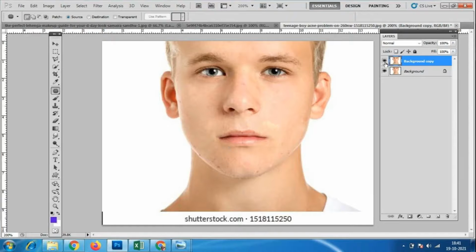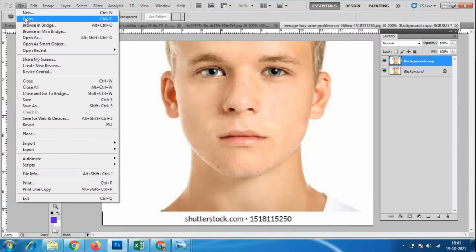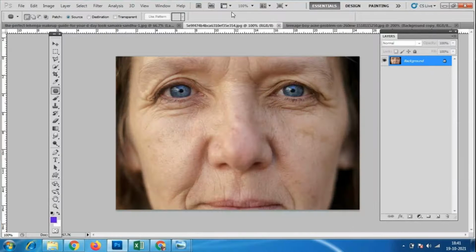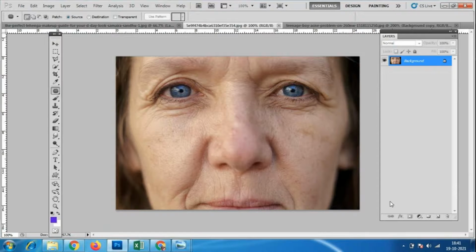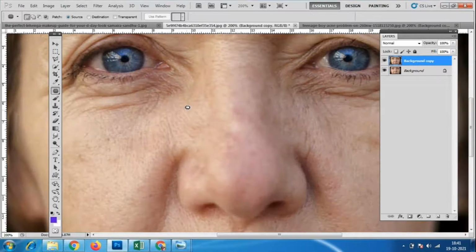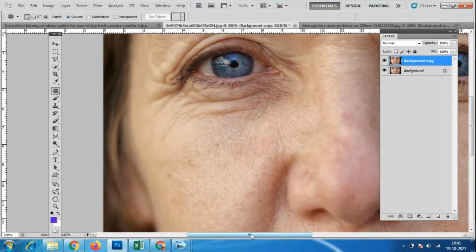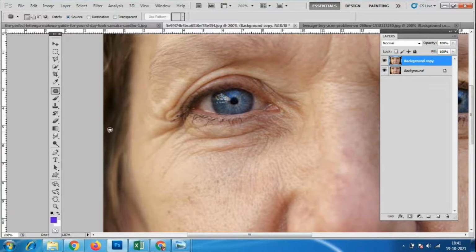You have to present with the pimples or without the pimples, with the marks or without the marks. I want both the images. Okay, I will take the image which has wrinkles. This image has so many wrinkles, so don't take an image which has only one wrinkle. Some students make it like that, only one wrinkle, and say, ma'am, I finished my work. Don't do like that. If you people have to work on more things, this is a little bit challenging work. This is not easy like what you have done before.